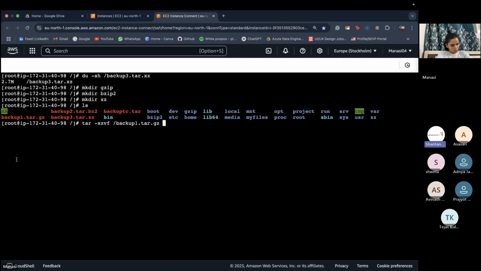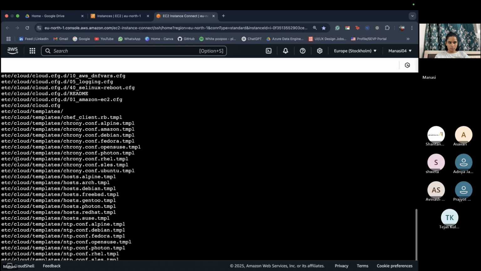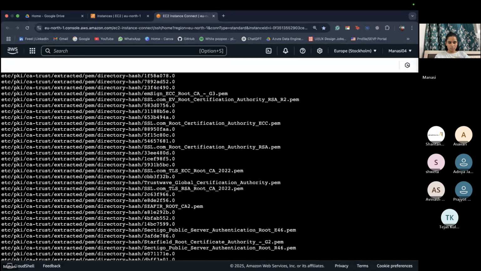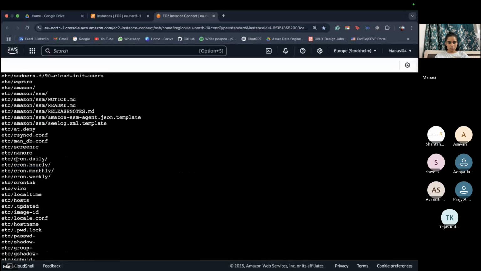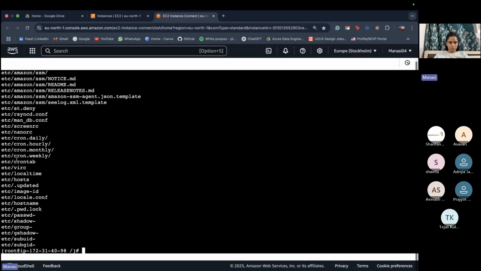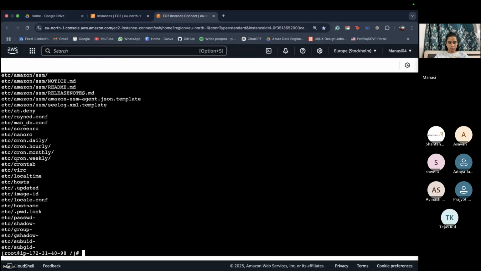Now we have to copy all the contents of the uncompressed file to a different location. So we are going to use option hyphen capital C, and the new folder that we created, the absolute path of that, that is slash gzip. Okay, please execute the command. And done. Please check the contents of slash gzip.